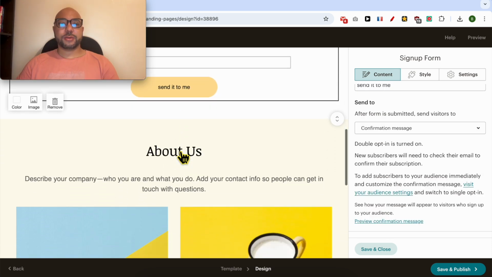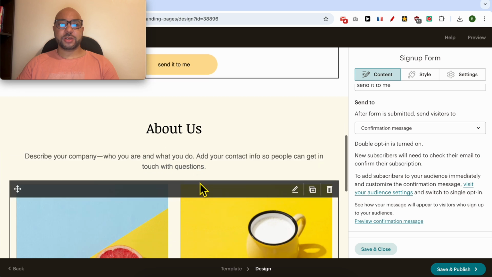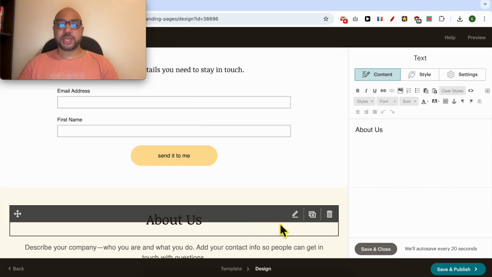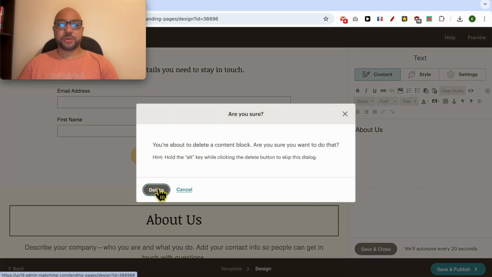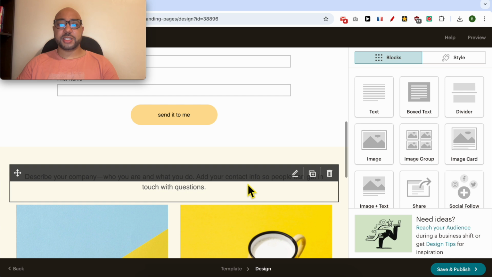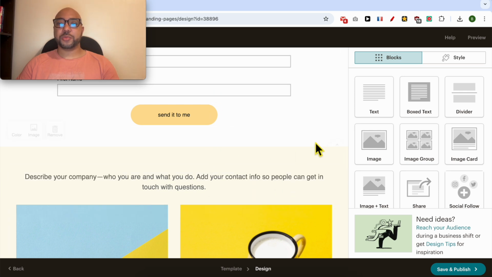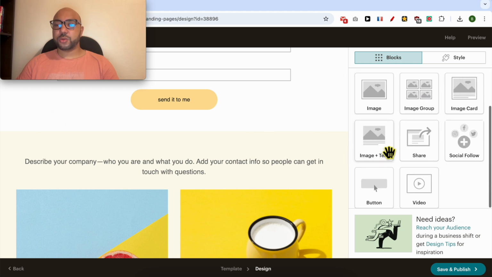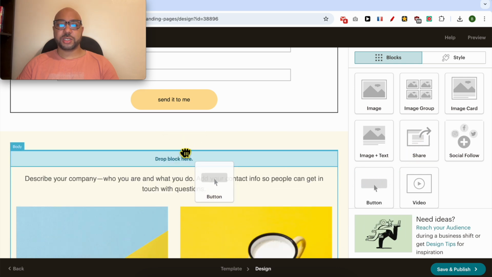Now let's see how to delete an element on our page. Let's delete this About Us section. Just select it and click on this delete icon. Confirm your selection, and this is how. On the other hand, if you want to add a new element that does not exist on your page, just select it from this panel. Let's go with this button, for example. Just drag and move it just like that,